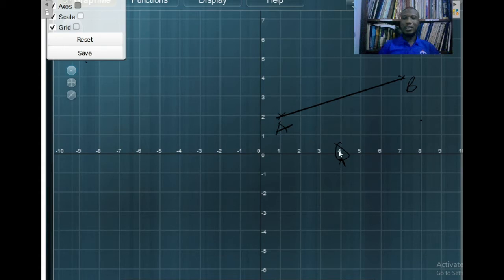And again, to even explain that, the x coordinate for the B is 7, but then from 1 to 7 is 6. That is why I counted. And I'm doing all of this because I'm going to explain using the formula. Then the same way, when we get to the y-axis, we are going to have